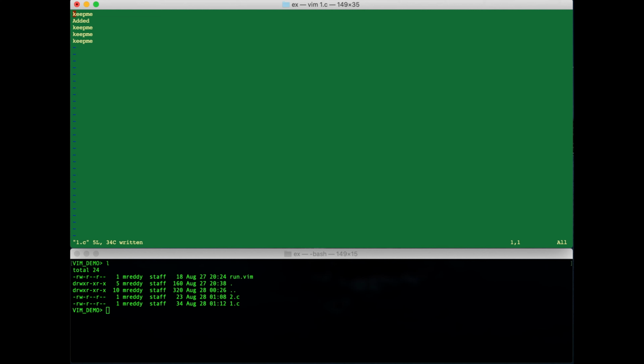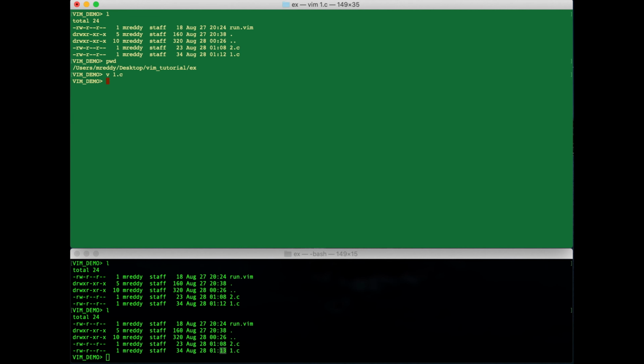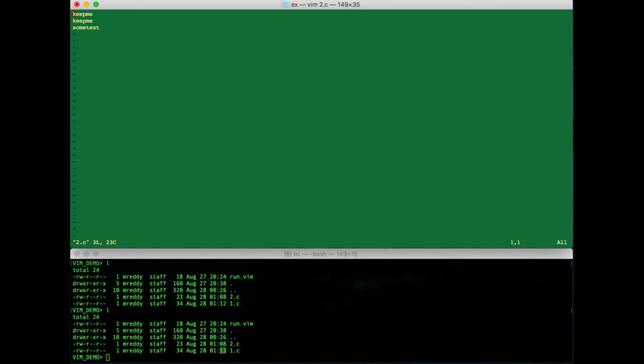Let me save this file. Now if you see this directory, right, the timestamp has been changed here. Let's say I do the same thing with update. I open 2.c from the same directory here, and now the same way I'm not doing any changes to this,